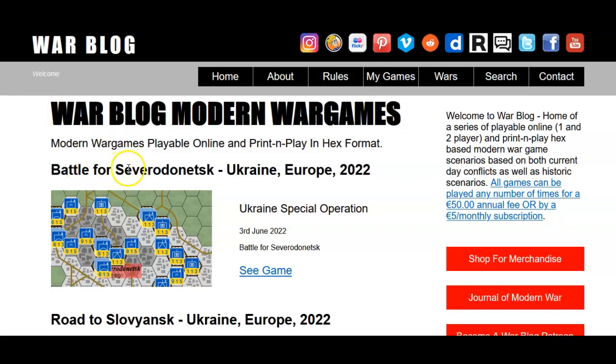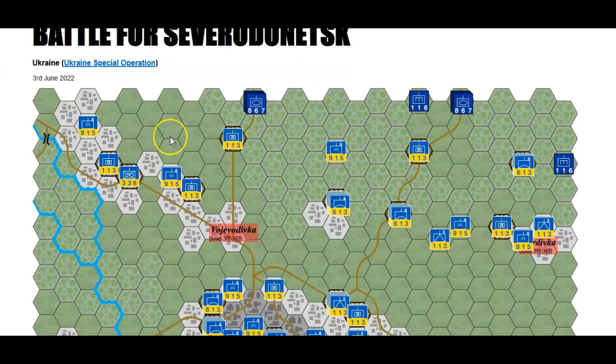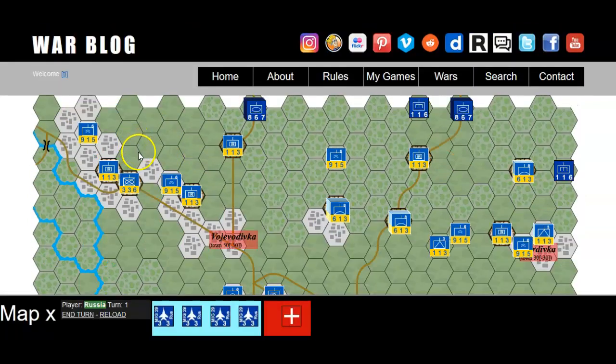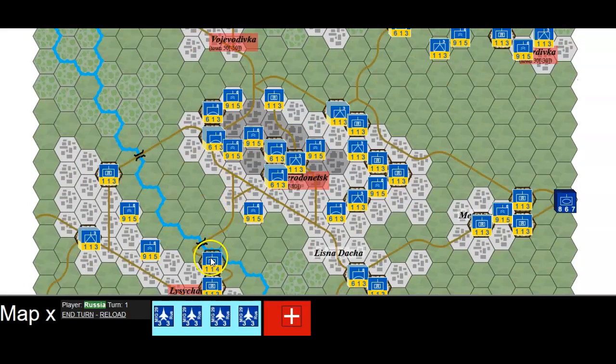Today we're going to look at the battle for Severodonetsk. Yeah, that place. Just going to start. It's interesting because there's this big river going down here from bridges, and I wonder if I gave the Russians any engineers. Oh no, they've got some engineers there. I know that the Ukrainians have got engineers, so